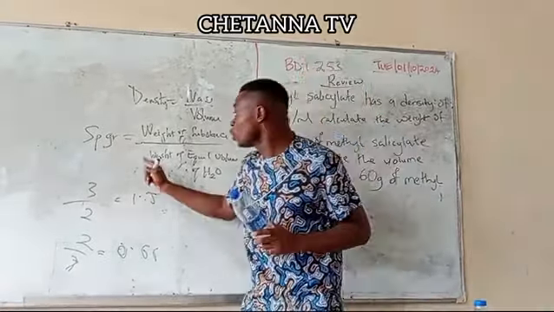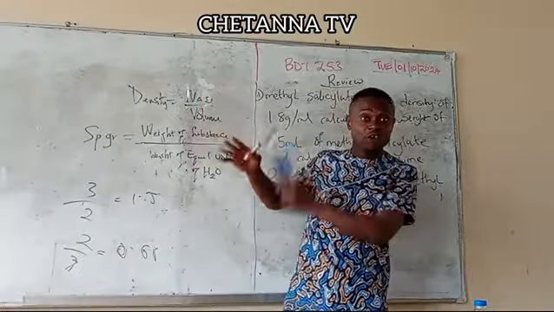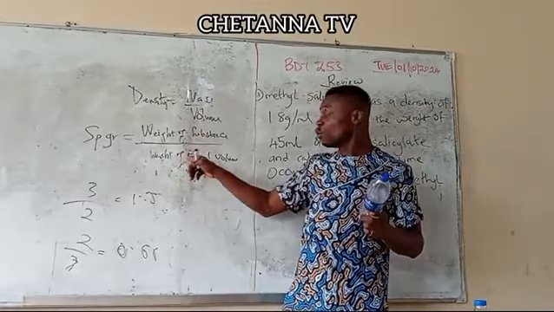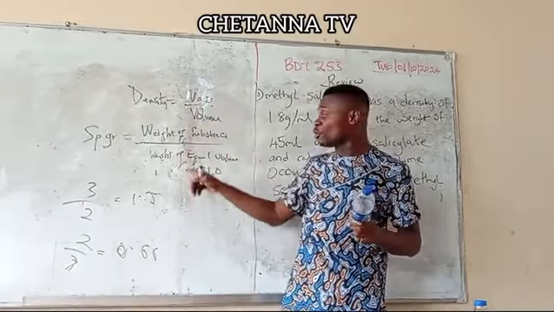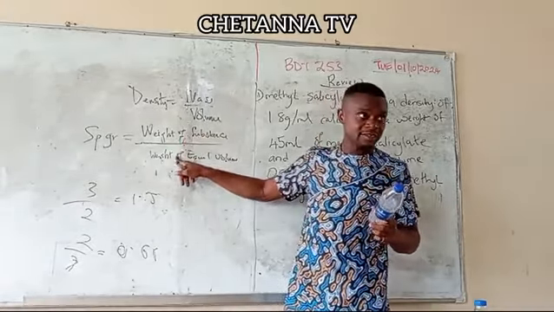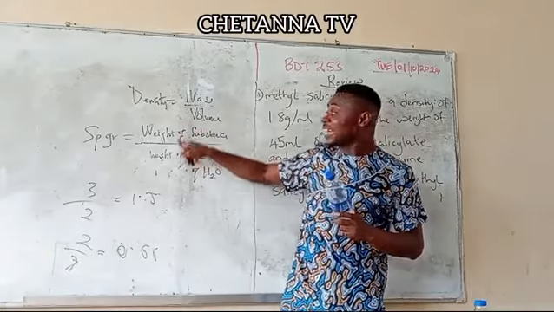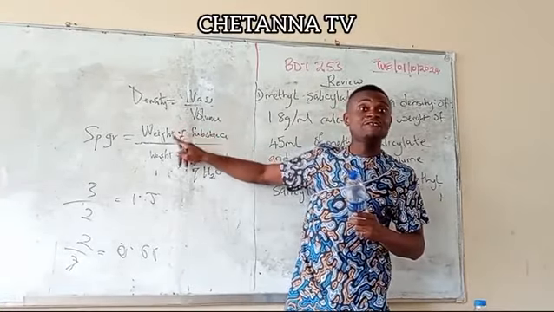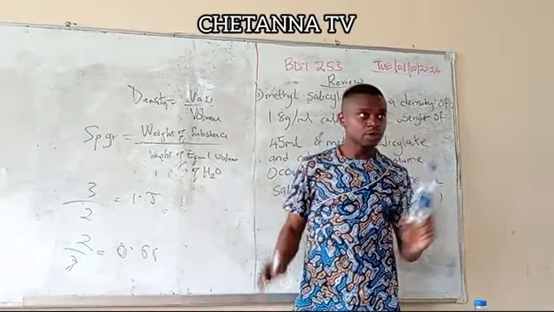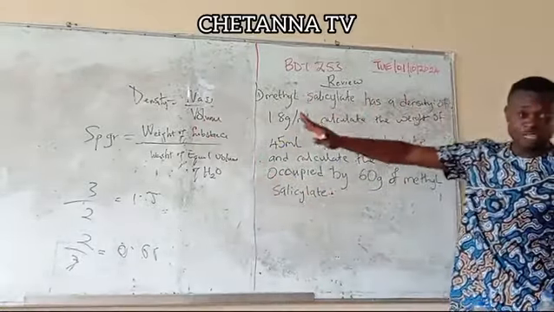That means you write the weight of the oil on top, right? Then compare the same volume of water. The weight of water that has the same volume as that oil will be here. If you divide it, because water is heavier than oil, the weight of water for the same volume will be higher than the weight of the oil itself. And if you divide it, it is less than what? 1. Does it make sense? With these two things, I think this little explanation is what we need to solve this